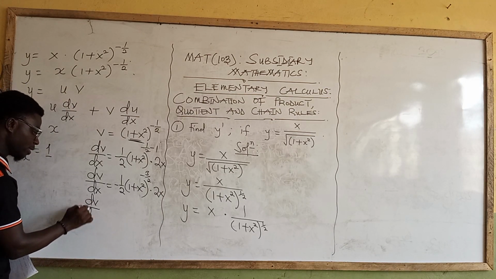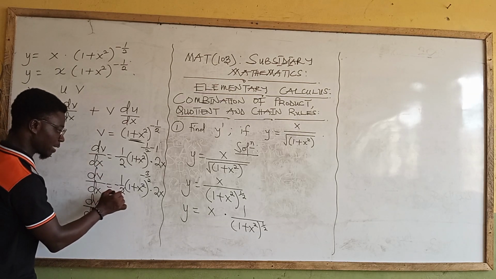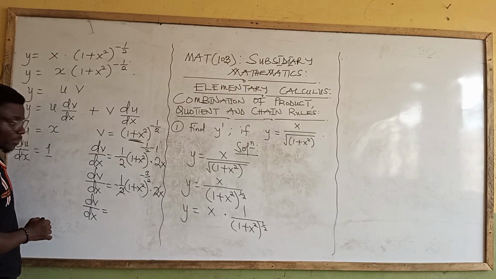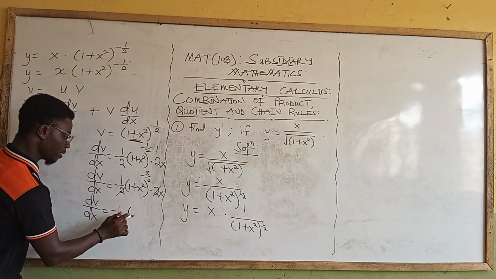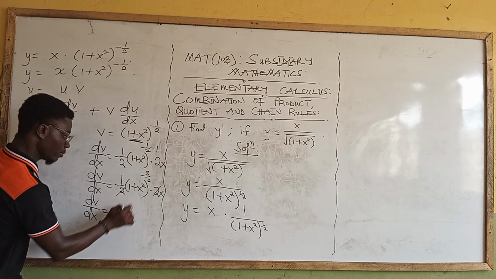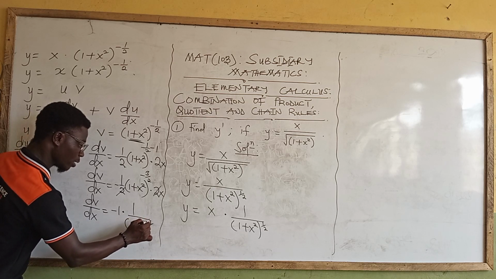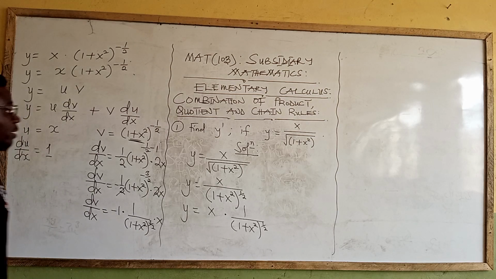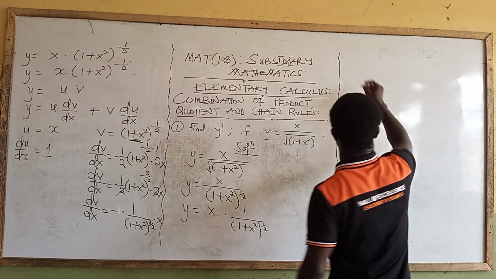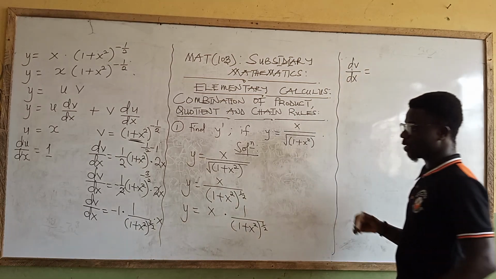The dv over dx must be equal to, now we can see that this 2 takes away that 2. Right. So I have negative 1 times, I can take the inverse, which is 1 over (1 plus x squared) to the power 3 over 2, times, don't forget our x. Right. So now, we are still dealing with the differential of v with respect to x, which must be equal to